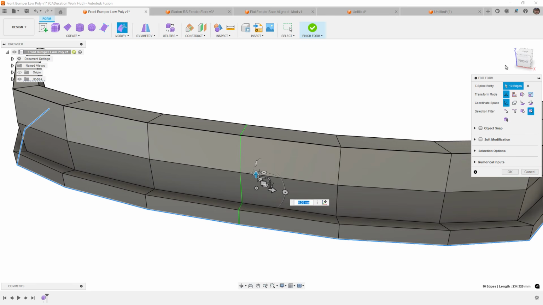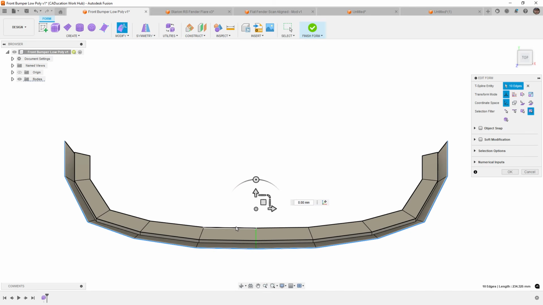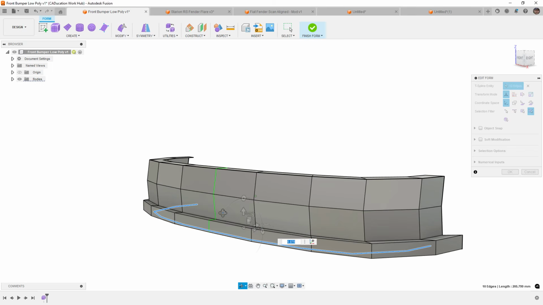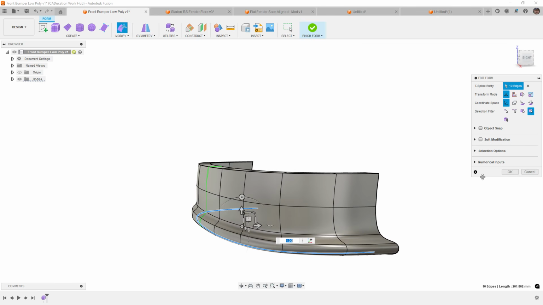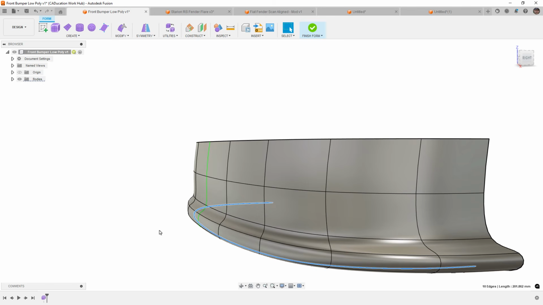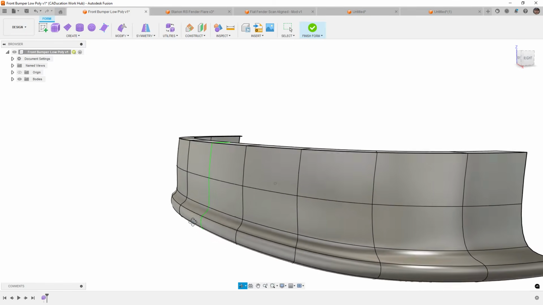And then once again, I'm going to rotate this around to a top view, and I'm going to hold down Alt, and I'm going to scale this inward. And now if I go over to my smooth display, I was able to create that bump or that lip. Now again, we want to keep it to the lowest number of polygons possible because it makes the modifications and